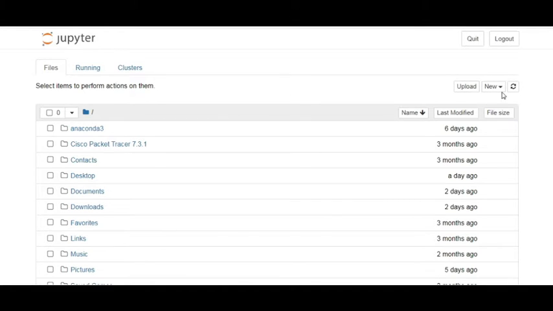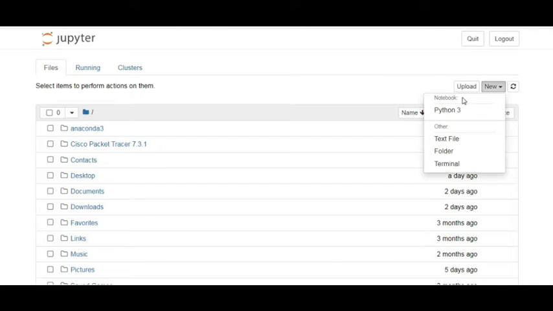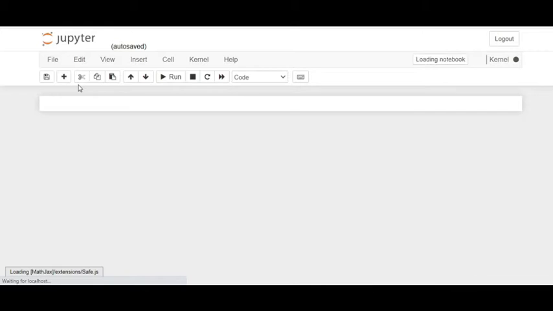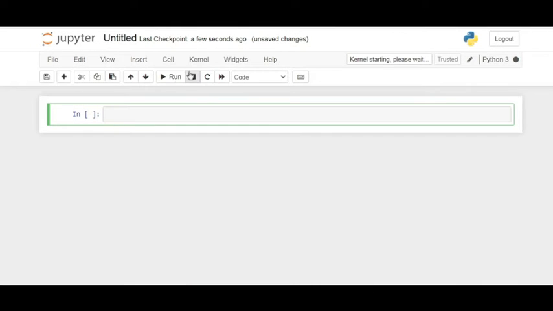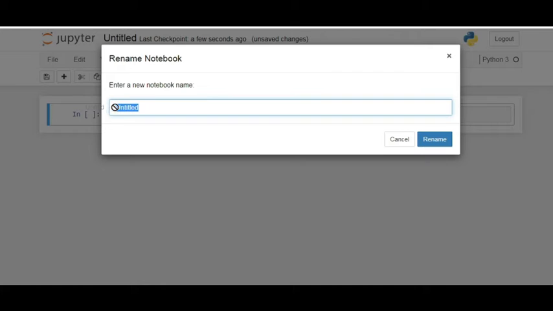So I will go here in the new, then Python 3. After clicking on this one, it will open your first file, that is Jupyter. It is untitled. So here I will make a change in the title.